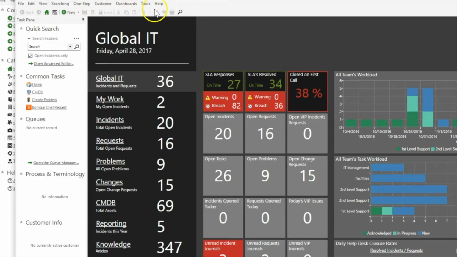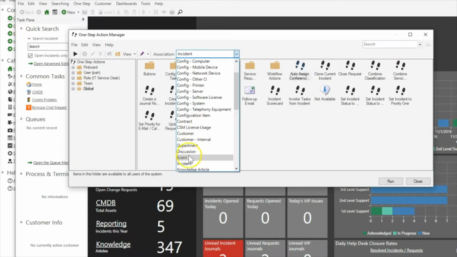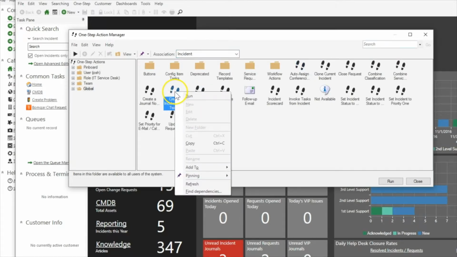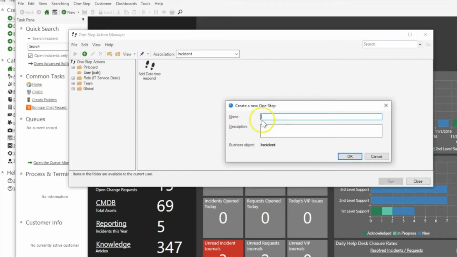So I'm now signed in as Josh, and I'm going to attempt to run a one-step against a group of records. So if I go to Incident, and I right-click on one of these one-steps, I don't have the option to run for group, and the button to run a one-step for the group is no longer there. However, if I create a one-step,